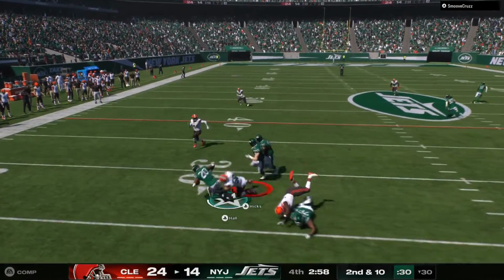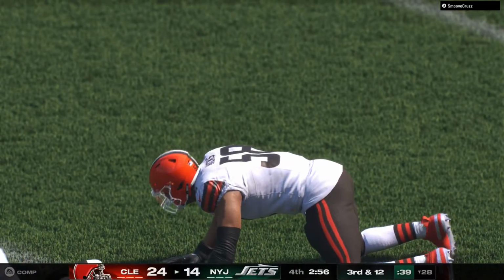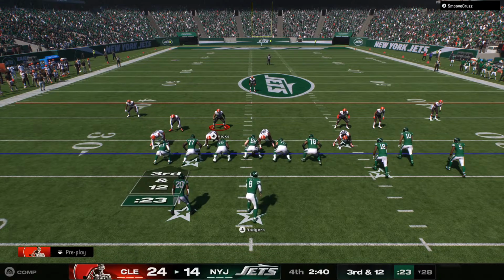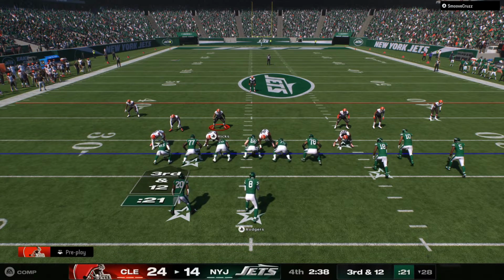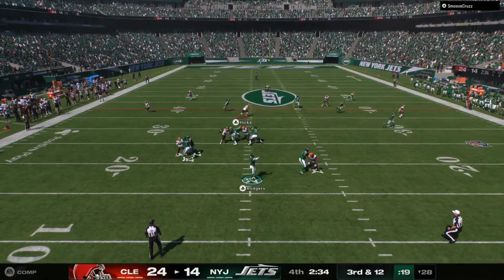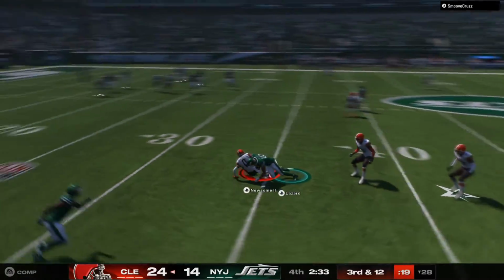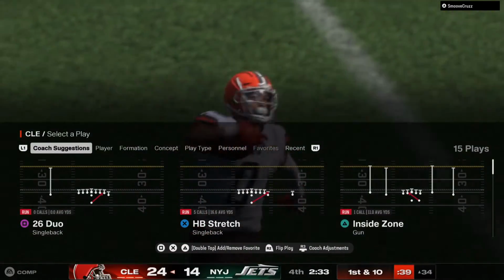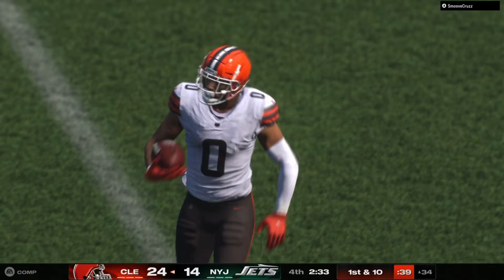Incomplete. They'll set up the screen for Hall. And he is going to lose yardage here. The Jets on third down. They've been near perfect, 4 for 5 to this point. This is third down and 12. To throw is Rodgers. And this is intercepted, and that should do it. Picked off by Greg Newsome. And his guys are going to take over